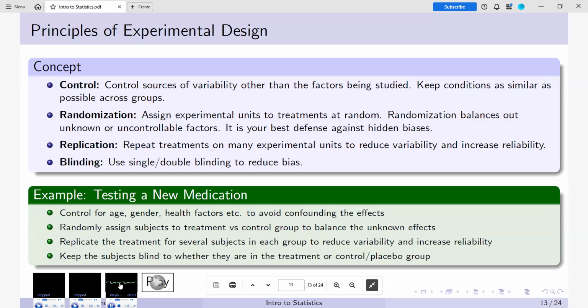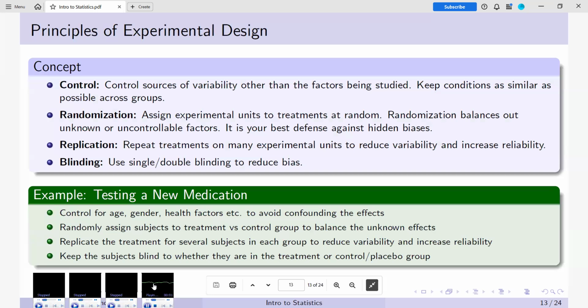If we neglect replication, we might base our conclusion on just a handful of lucky or unlucky patients. Maybe 3 people took the drug and they all got better. Great, but that could be pure coincidence. Or 3 took it and none improved. Same problem, just unlucky this time. Replication makes results believable. One observation might be a fluke. Many observations show a pattern. Without replication, our results are as shaky as flipping a coin and declaring heads cures all diseases.